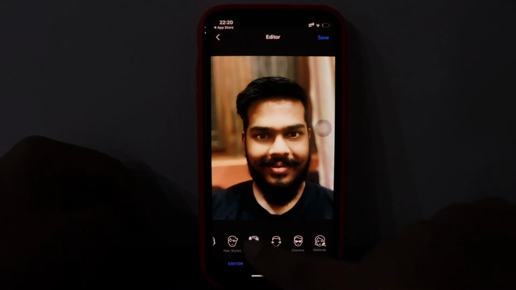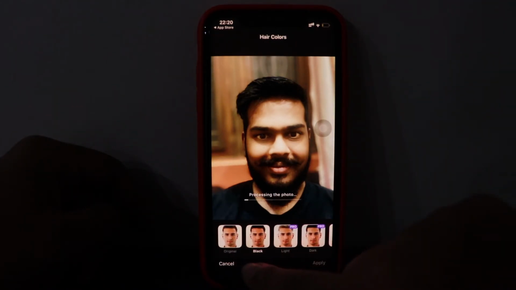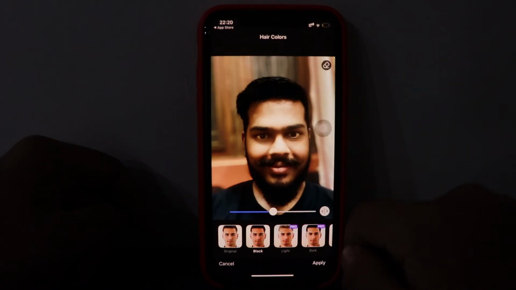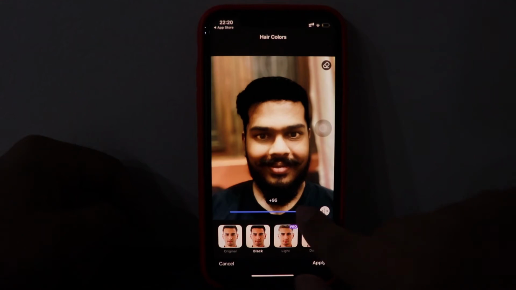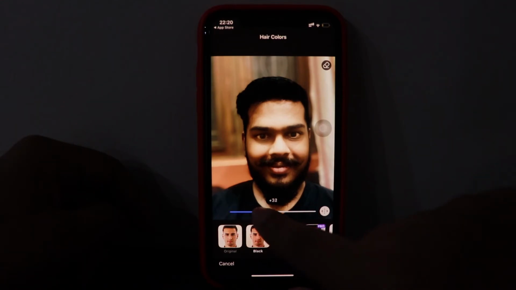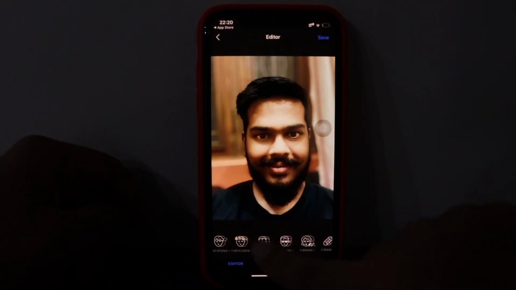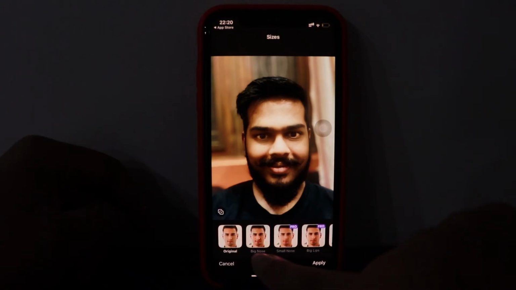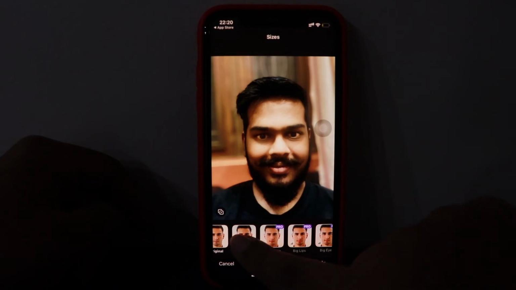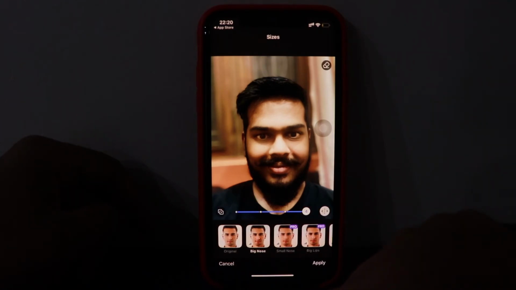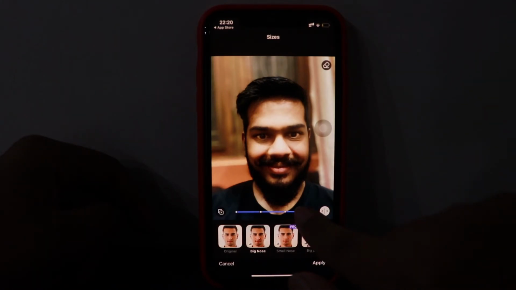And there are different options for hair color. I can change the color of my hair. This is how it looks. It gets extra dark, it gets less dark, let's darken. Then you can change the size of your nose, your lips and everything. If I make my nose big, this is how it will look.